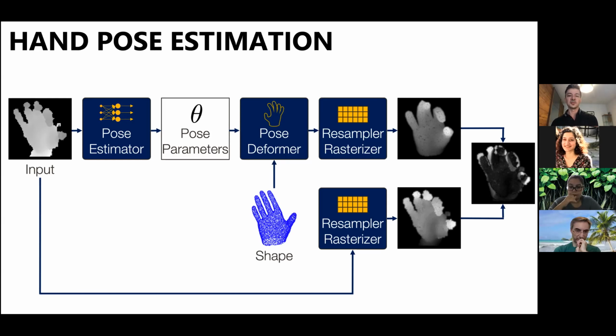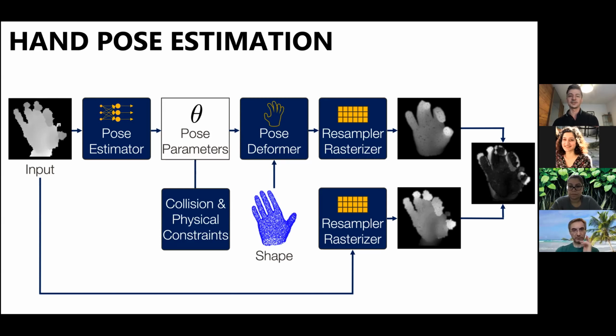And the other good thing about such systems is actually, since you modeled each of these components individually and carefully, you can also impose constraints on these components. For example, for the pose, we know that this is a physical human hand. So for example, the fingers cannot bend backwards. We cannot have interpenetrations of the hand. You can also explicitly impose these constraints, which of course also conditions the system quite nicely. So that basically you don't get supervision in the form of all these parameters, but you still get a quite robust system in this case for hand pose estimation.